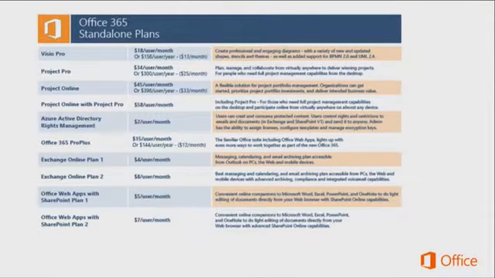Okay. So let's jump to the next one. These are standalone plans. These are add-ons, things that you can add on. So let's say you bought the mid-size plan, you've got your Office, you've downloaded it, and you need Visio or Project. You can now add those as monthly subscriptions for Visio, Project, even Project Online. Of course, Azure Active Directory Rights Management has been added. And then, of course, you can change your other plans.